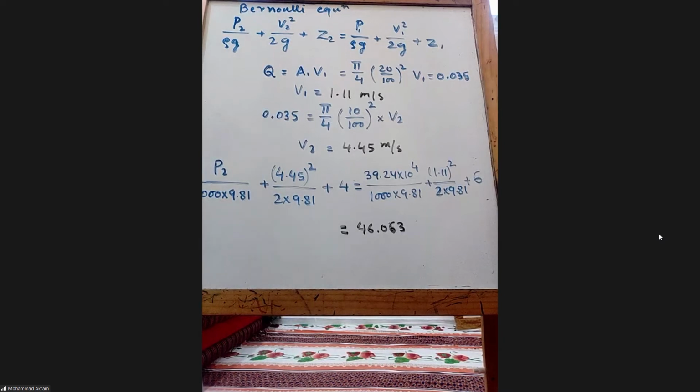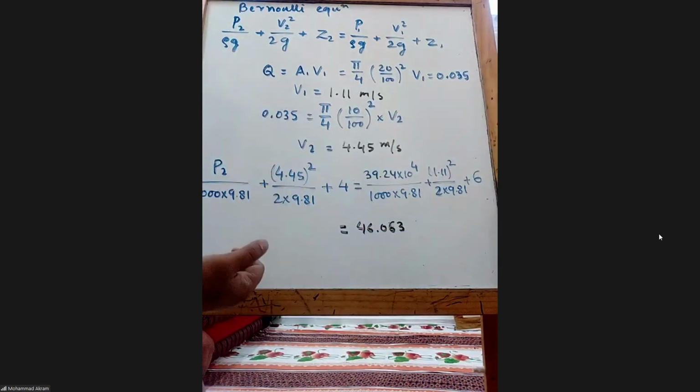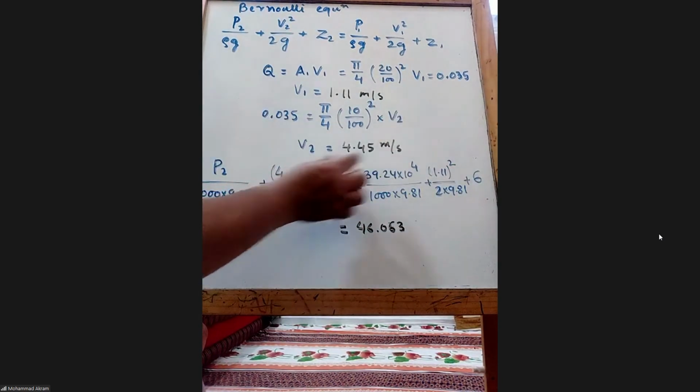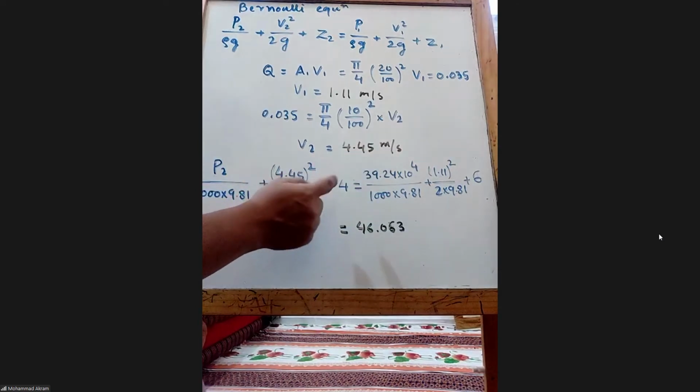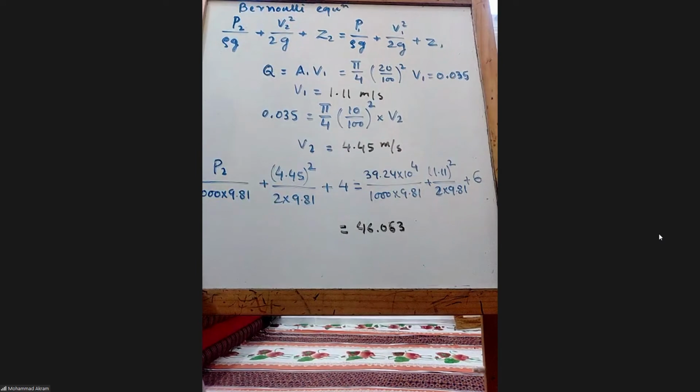See, before using the calculator, you can sometimes do some basic calculation, like you can take 4 to that side, 6 minus 4 will become 2. Then you can take this side as well, so it will become V1 square minus V2 square. The denominator will be same. It's up to you. Either go for complete calculation based on calculator, but whenever you are getting answers from the calculator, please check whether they are reasonable or not. You will get an idea when you do the problems.